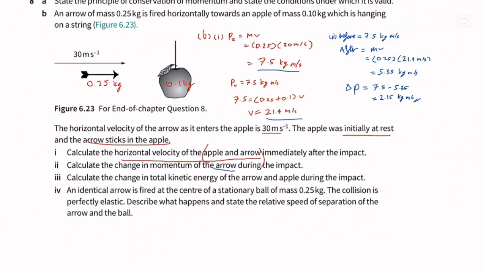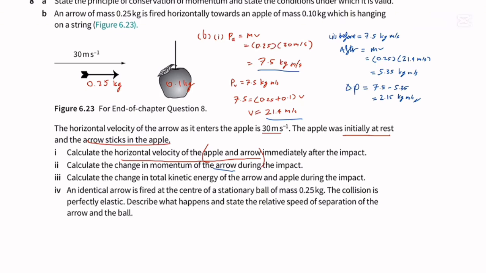So then let's go to question number 3. We need to calculate the change in total kinetic energy of the arrow and the apple during the impact. So we have to find the total kinetic energy change of the arrow and the apple. That means we have to calculate the total kinetic energy before the collision, and then we have to find the total kinetic energy after the collision, and then we have to subtract those two values to get the change in